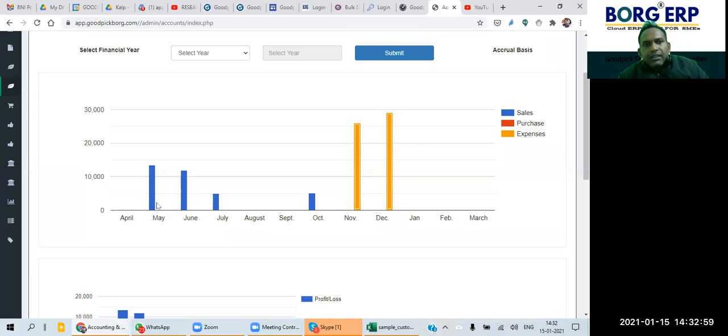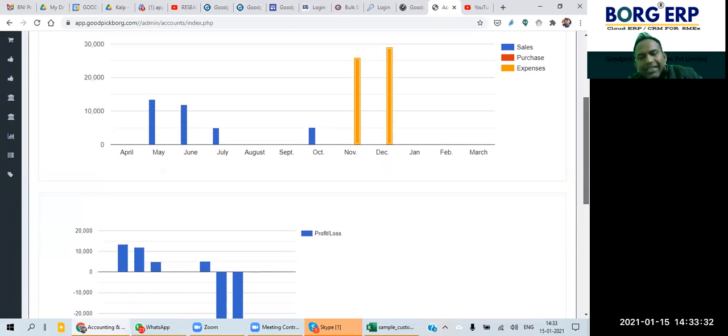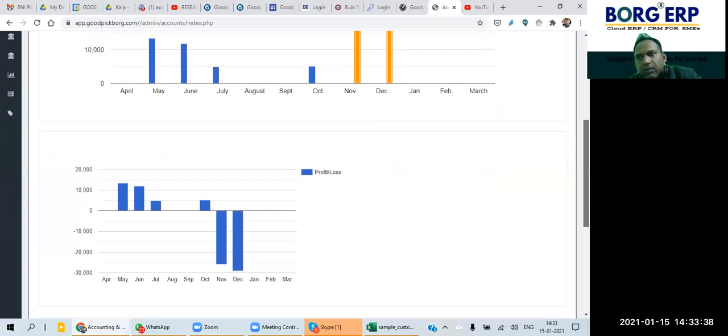So in this case, for example, we are in the month of January. This is for the month of December, so let me find out. It means that for December, 29,116.5 rupees of expenses are there. Now we can do the same for purchase and sales also, but the entry is not there, so it's not visible. Let me do some entries, then we'll see after completion of each and every entry. I'll be showing you how it looks.